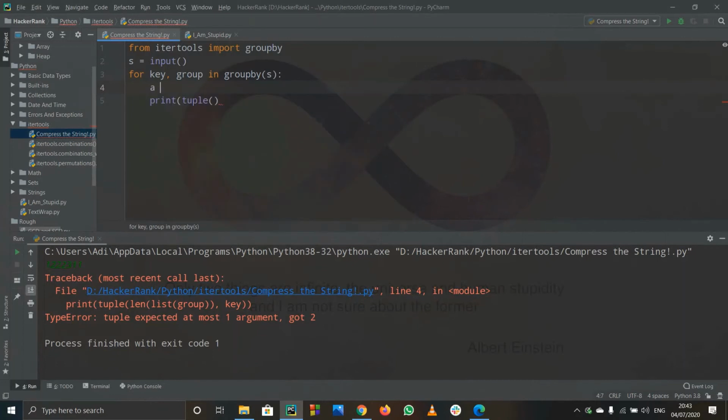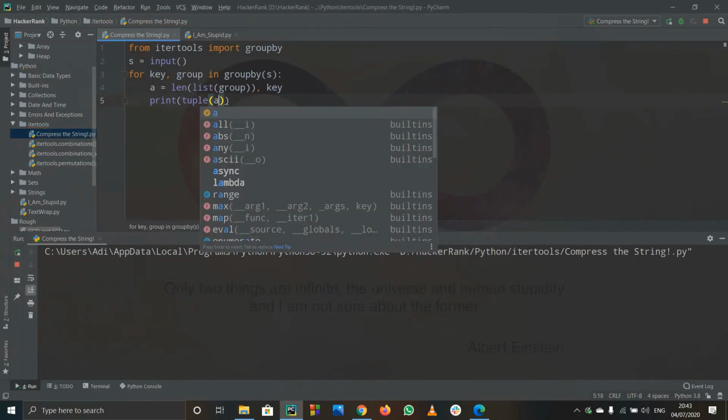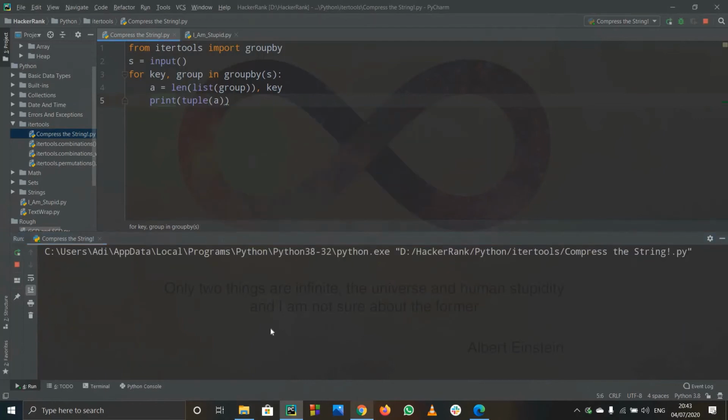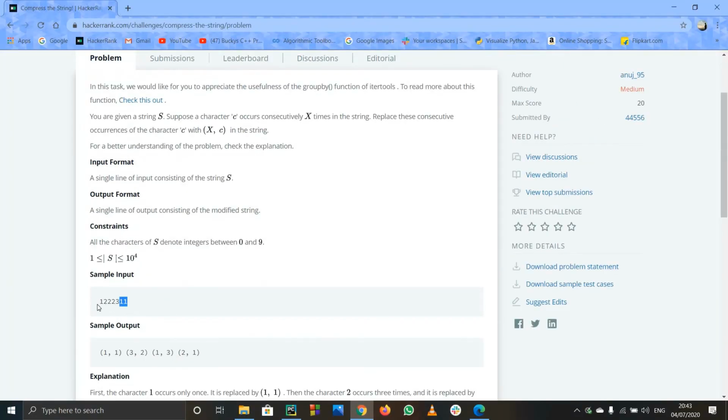Hold on, I'll write a equals to this whole thing again, and I'll print out tuple of a. Now let us see. Oh wait. Yeah, now it is fine.